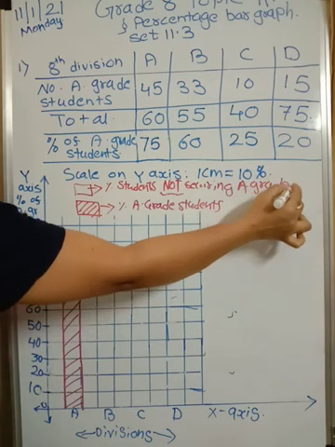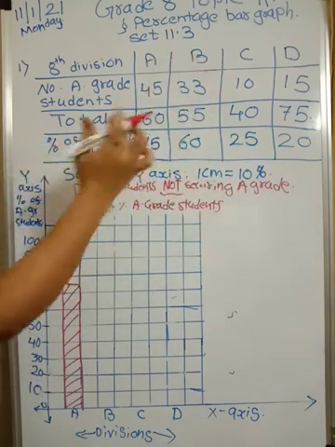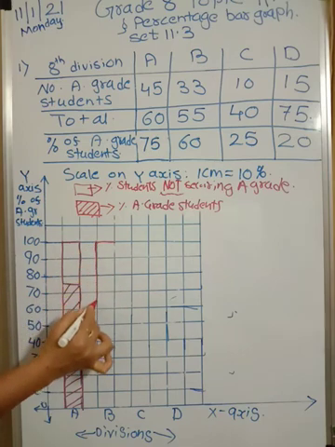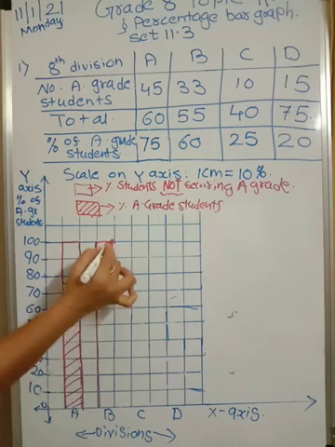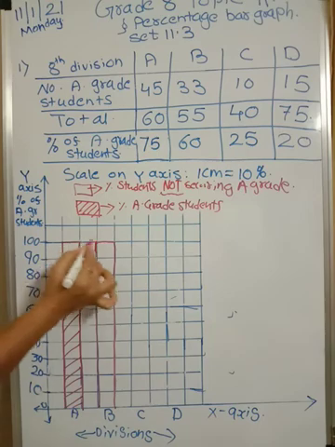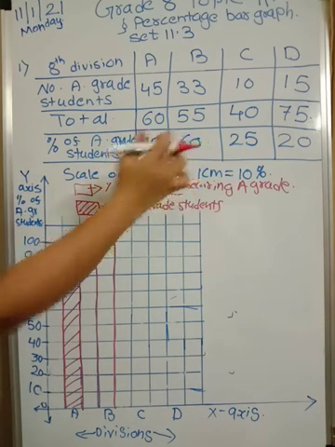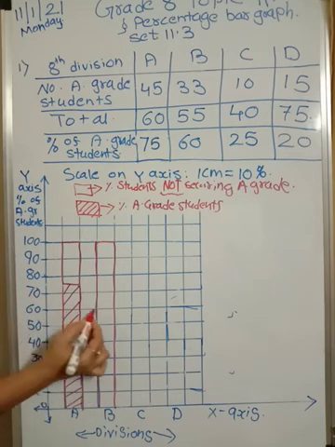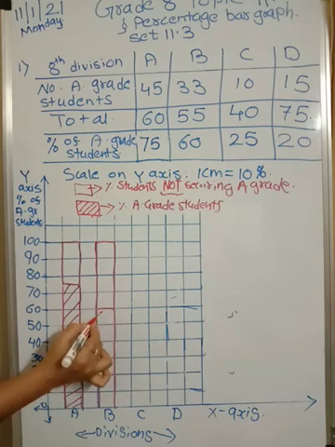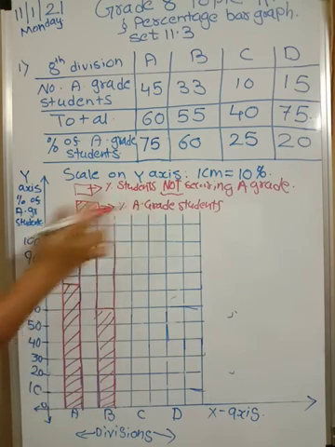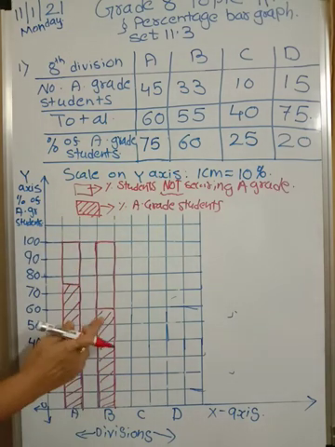Got it, everybody? Now let's go for B. B is 60%. So first of all, the graphs will be till 100. So first you draw till 100%. Please use a scale. I am drawing it over here like this, but you have to use a scale. First draw the bar till 100. Speciality of a percentage bar graph: all bars are till 100. And now you decide, B is how much? 60%. So start counting from here, and we are showing the shaded portion in that. So 60 is coming over here. So this is your 60%. Put shading here. So this is the percentage of A grade students in B division, that is 60%.